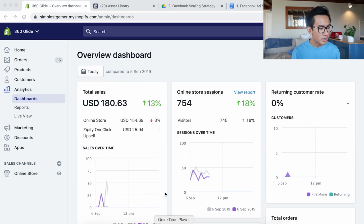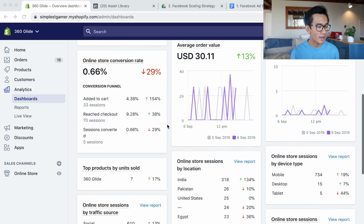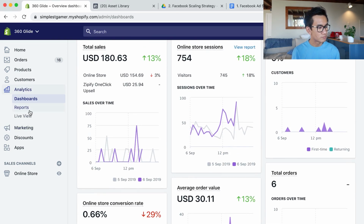All right, so now we're checking our dashboards. Yesterday we got $180, so we're doing pretty well. What I want to do now is check all the analytics to really see the data of all our orders. So I go to my reports,